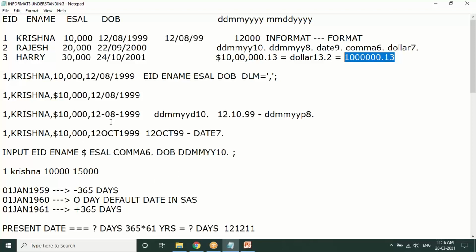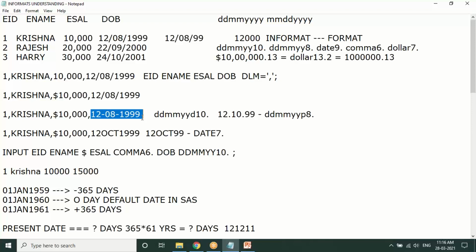You might have a doubt: if the date formats are coming in different styles, how do we handle them? We can find all of that in the SAS documentation, with many date formats. I've even shared the same material with you in a Word file, which you can go through to see the different types of date formats we have.